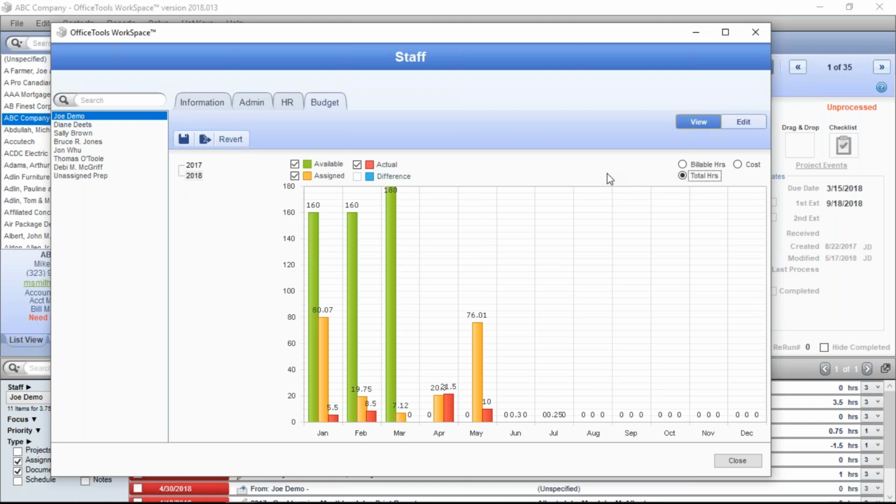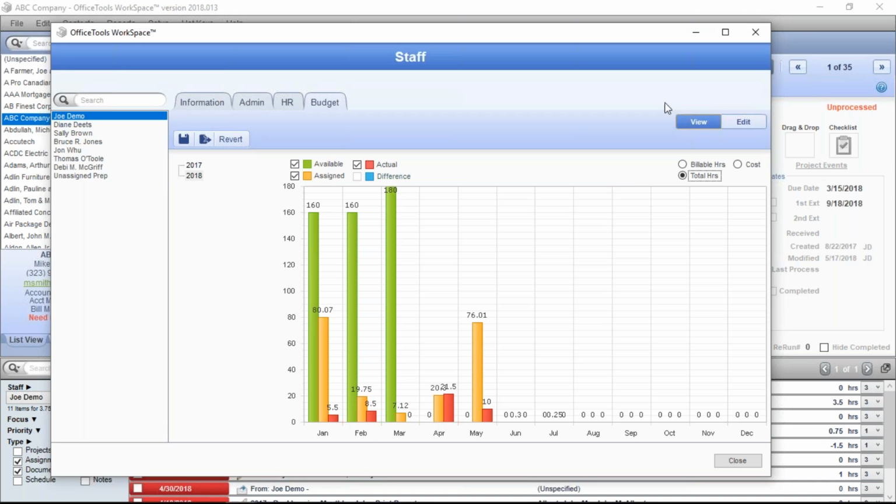So as we're doing these things, we can now fiddle around with the graphs, fiddle around with the views, and see, well, we've budgeted a certain amount of time, we've assigned a certain amount of work, and Joe has actually completed a certain amount of those tasks. Because Joe might be overworked and Sally may not have enough on her desk. And as we create our project budgets and our task budgets and our time gets tracked against those, all of that information comes back, updates these screens, and we can export, we can print, we can go to reports and view these details in various ways.